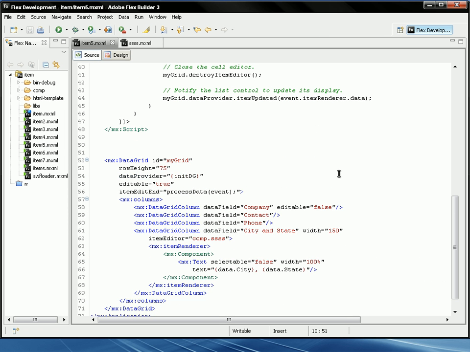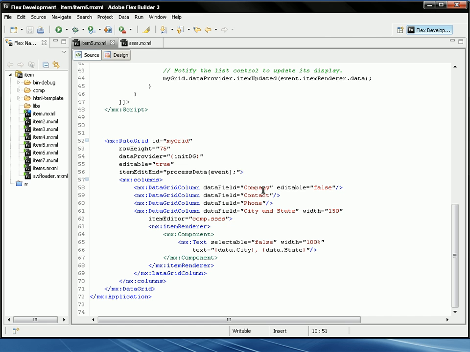Now I have created a data grid with id myGrid, row height is 75, data provider is dg, and editable as a true property. The itemEditEnd is for the processData event, for calling an event process. Now I created columns: company, contact, phone number, and city and state. In the first column, company, editable is false, and all the remaining ones are editable as true, and I am calling some component